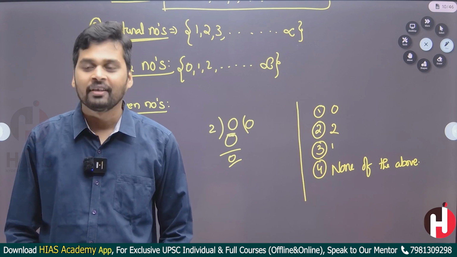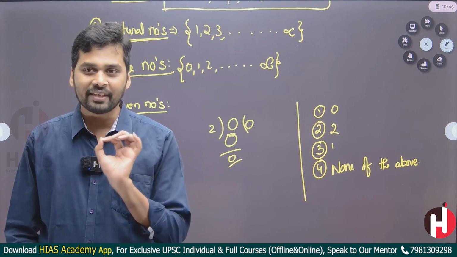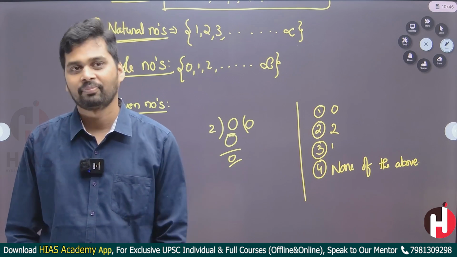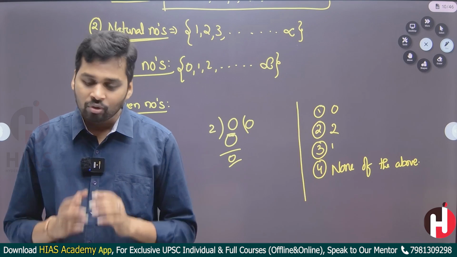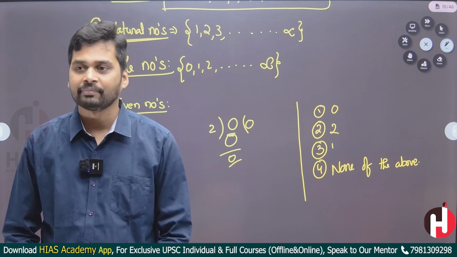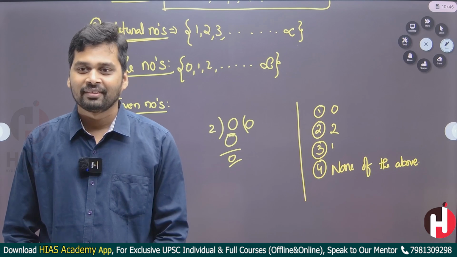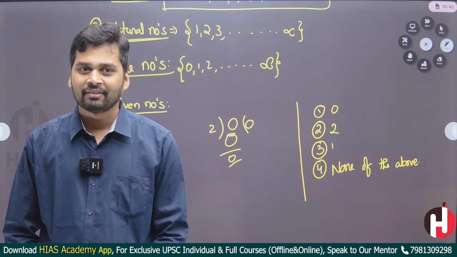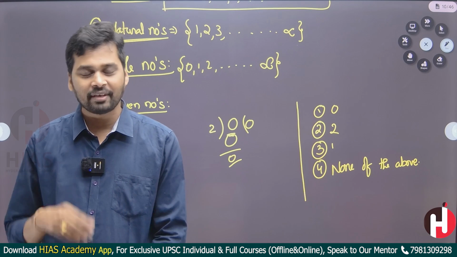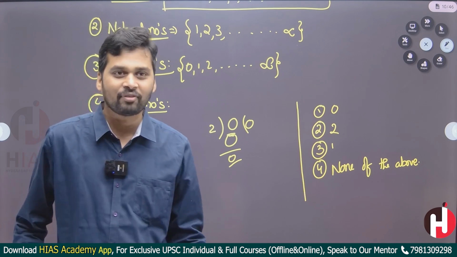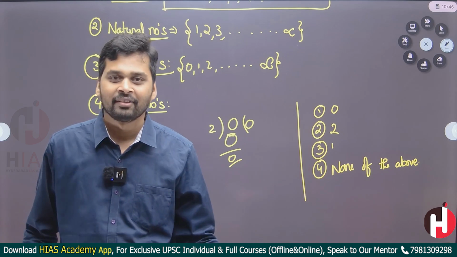Yeah, I'll repeat my question. Which is the least even number in the number system? I want to know the least even number in the number system. Why none of the above? Everything can divide. If it is none of the above, then you tell me the answer. If the answer is none of the above, there must be some answer, right?